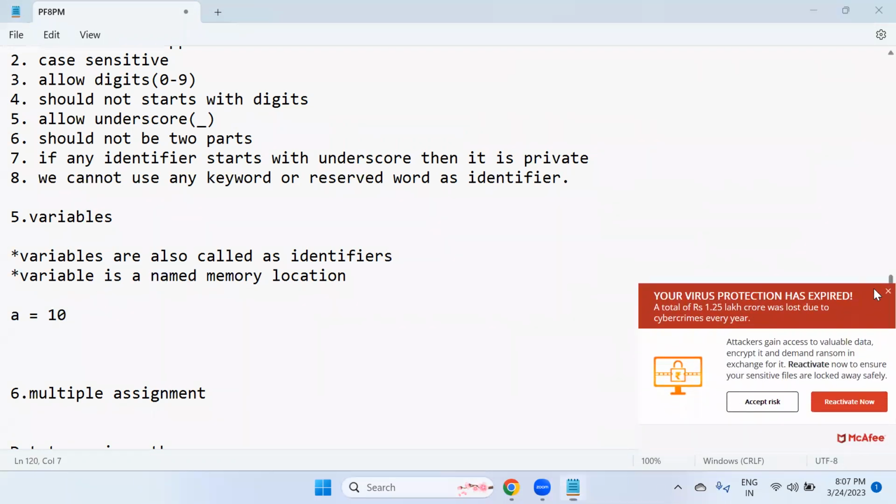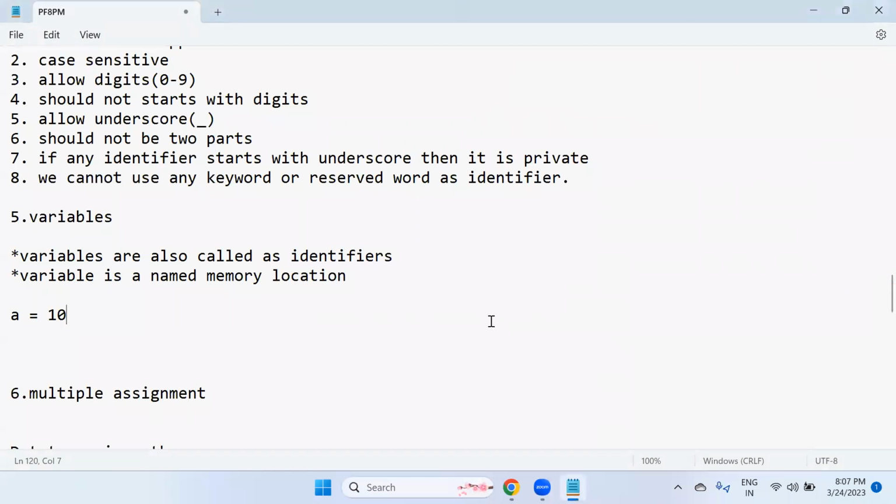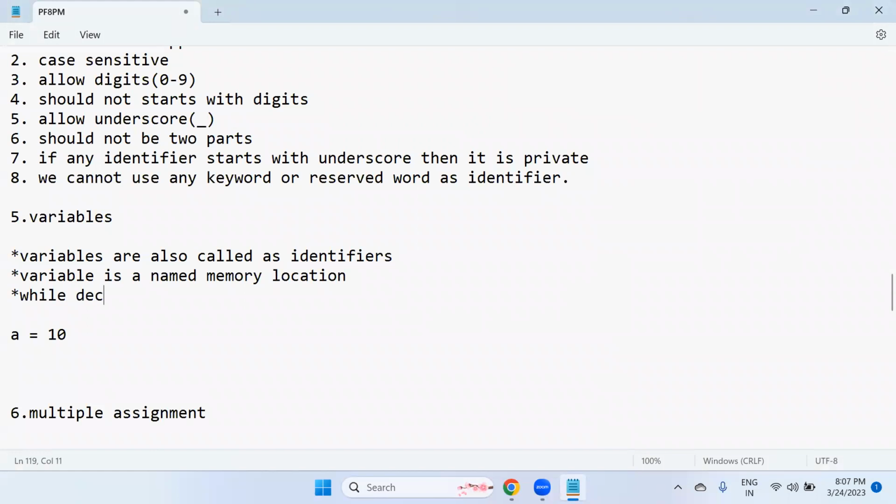While declaring variables in Python, we need not specify any data type because Python is a dynamically typed programming language.